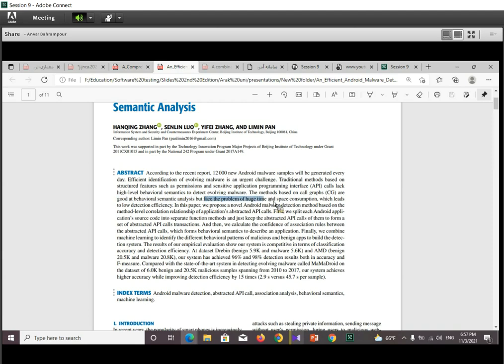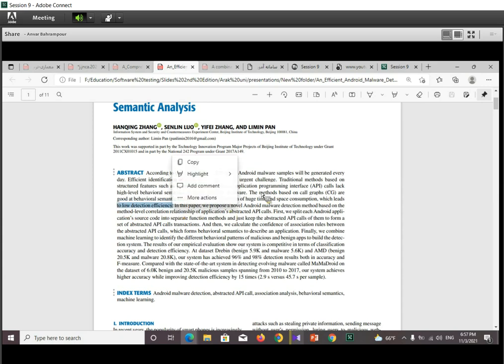But they face the problem of huge time and space computation. This is the drawback, the disadvantage of these tools, which leads to low detection efficiency.